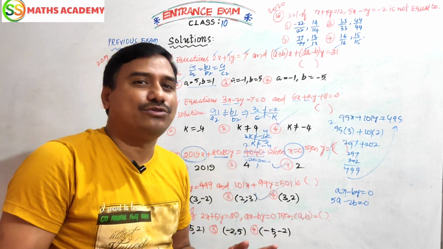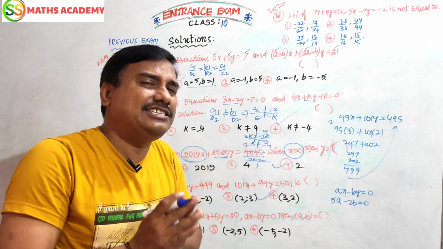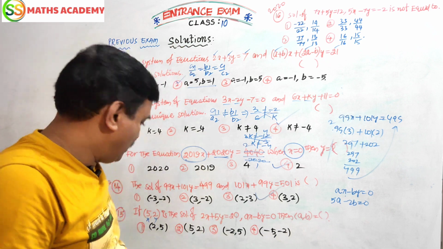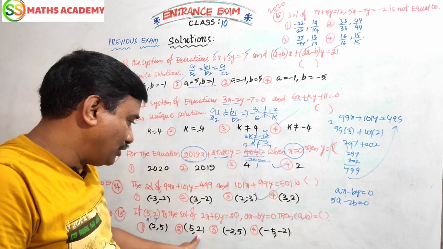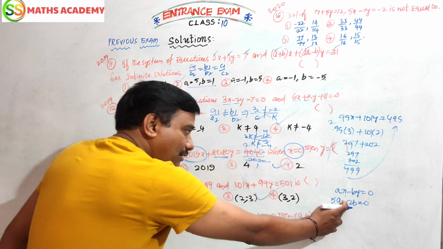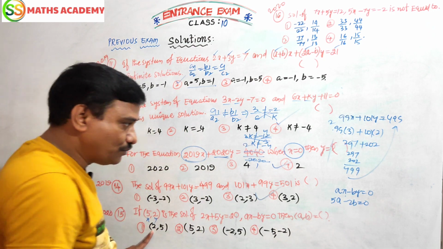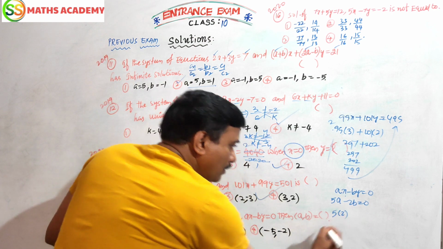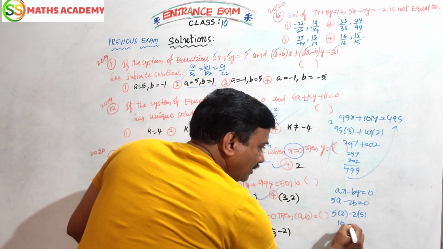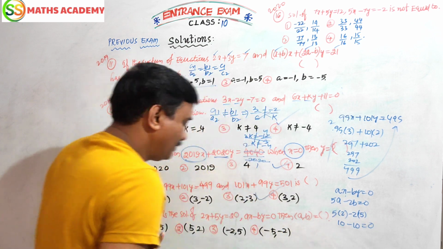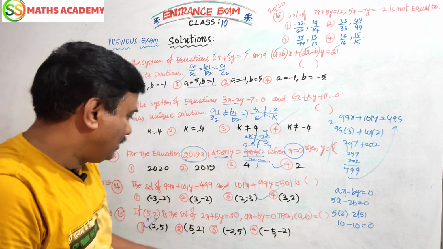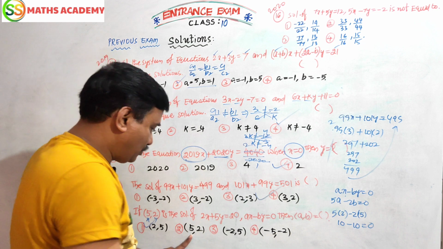Now you should go with the answer to the question. Don't go with equation elimination solution, that is a lengthy process. Shortcut is important, smart solutions. The options are 2 5, 5 2, minus 2 5, minus 5 minus 2. Suppose you take a value 2 and b value 5: 5 twos are 10, 2 fives are 10, 10 minus 10 is 0. So that option works.